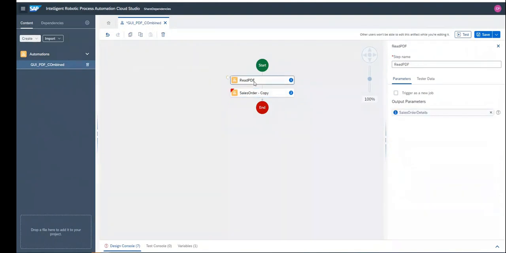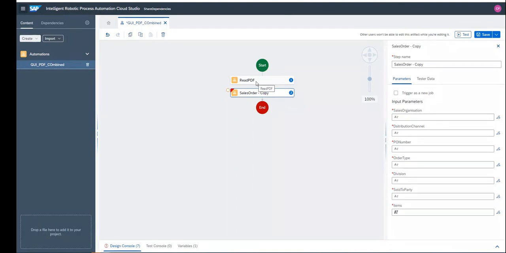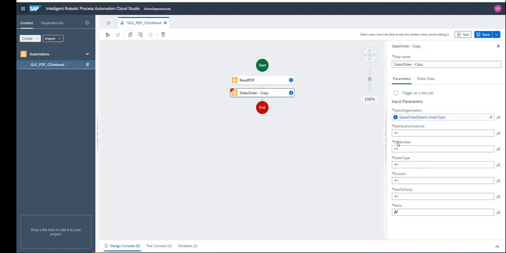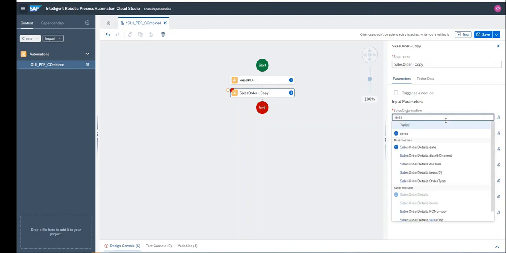Now the read data PDF. This data has to be mapped to the sales order data. The data which is the output of this PDF data should be mapped to this. Sales organization is the first step. If you see here, in variables, you have sales order details. The order type has to be mapped. All the mapping has to be done. Sorry, it was a sales organization. One second.